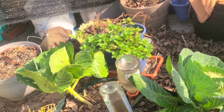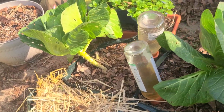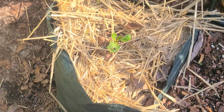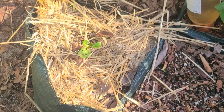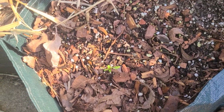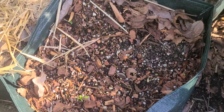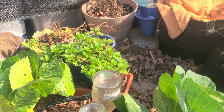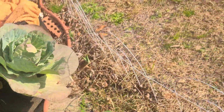This little four-bed thing. This is another broccoli I grew from seed that was not doing too good compared to the other one. This, I believe there's a radish in there, just me testing out things. But I'm kind of pissed about that cauliflower, so I think I'm gonna drop some collard greens or something. I might get some starters and go ahead and start some collard green seeds today. So we'll come around,